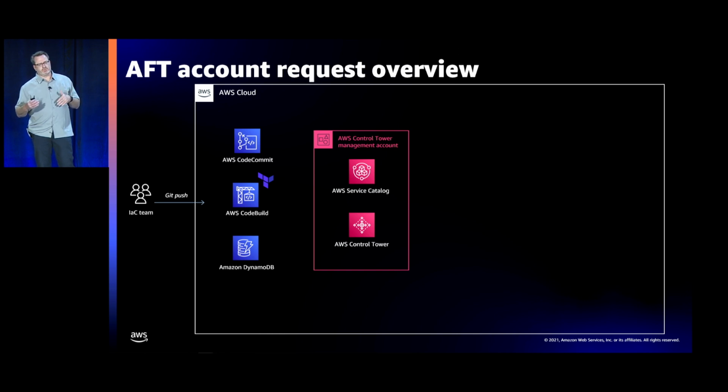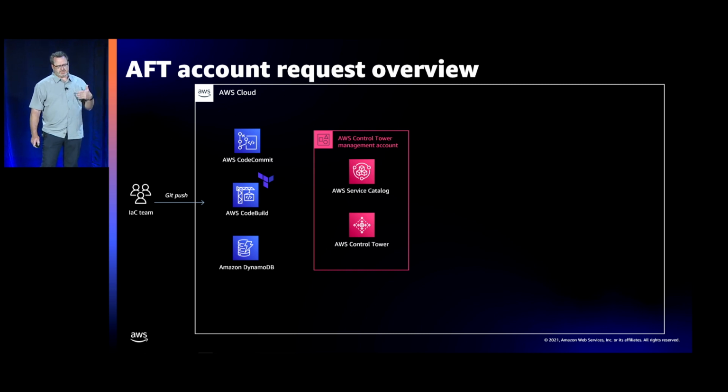With this solution, we will do the queuing for you. So the offering will do queuing, so if you want to submit 5 account requests in 1 Terraform request, you can do that here and we'll just do the queuing for you. We can't accelerate it, we can't make it go faster than what the offering does in the background, but what we can do is you don't have to sit there and wait for one to finish and process it again. That works regardless if you submitted the 5 or if somebody even came into the console and submitted one, we'll still just queue it and wait for it to get processed on that.